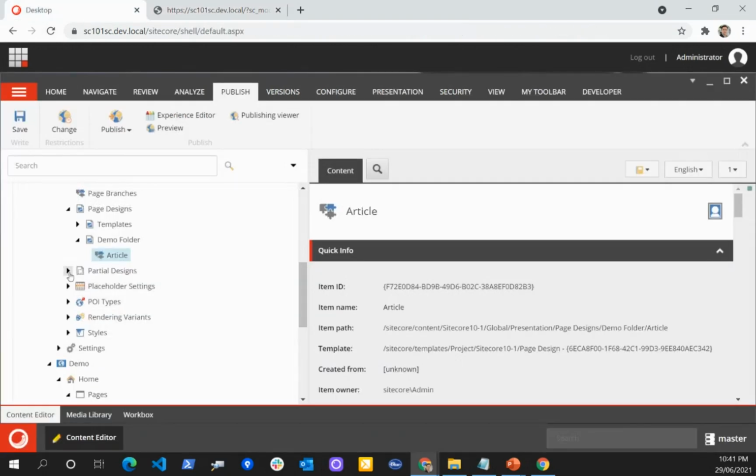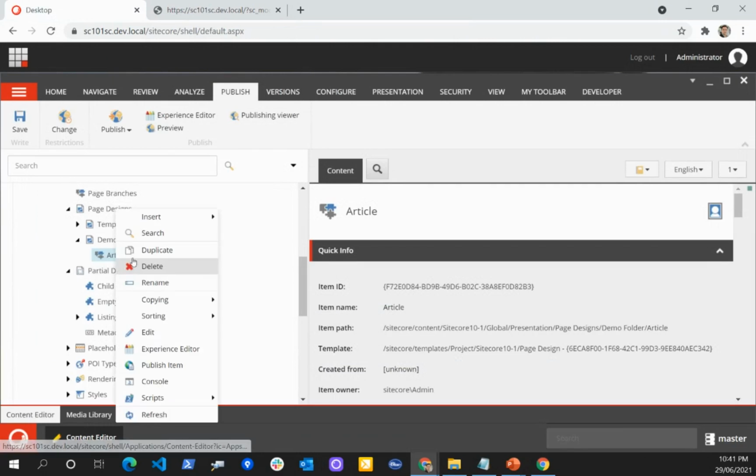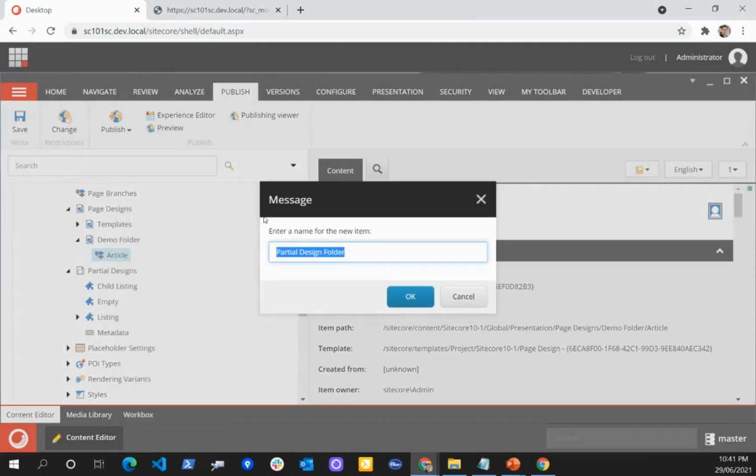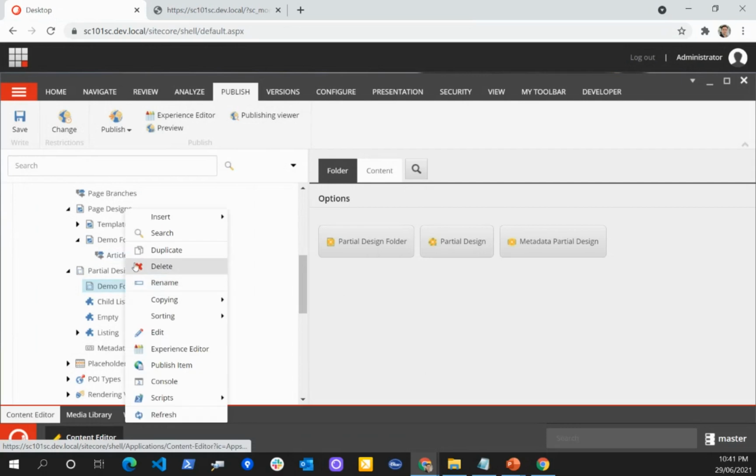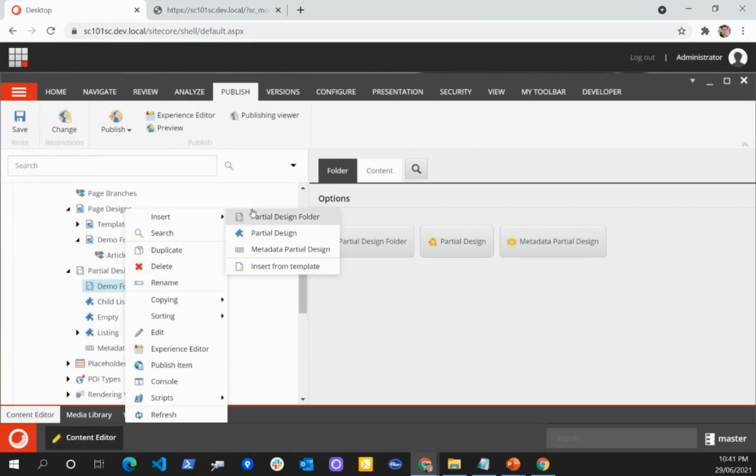Now with the partial design, if I create in the same folder structure, in this demo folder, I will of course create header and footer.